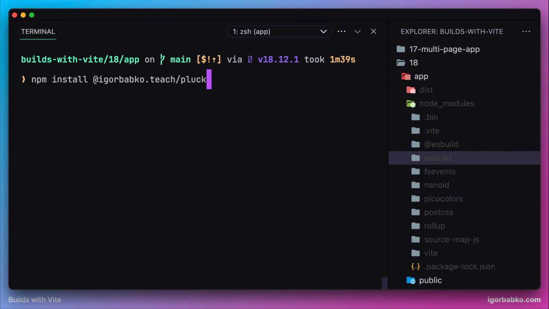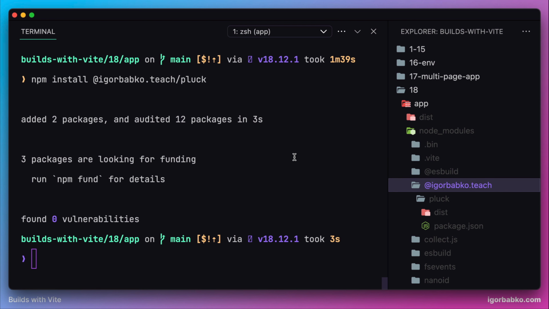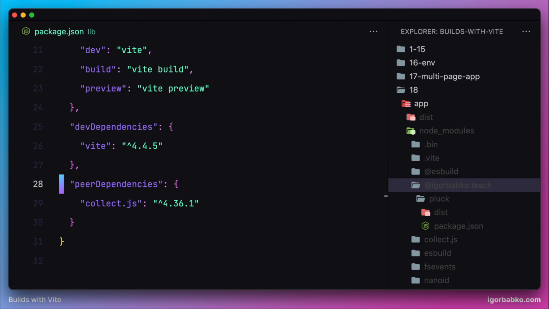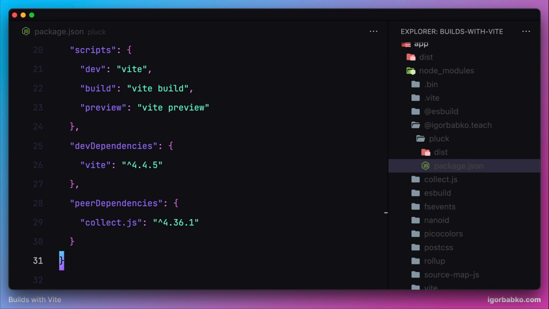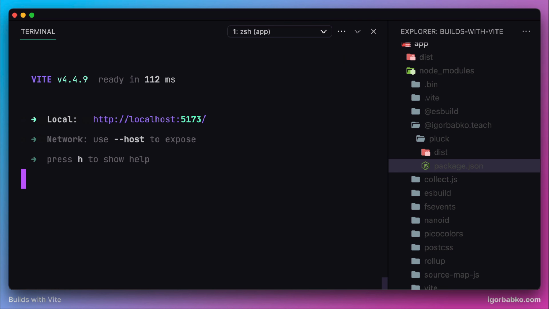So what actually happened this time is this: besides installing our library, we can see that inside the node_modules folder there is a collect.js folder, which means the dependency collect.js was automatically installed along with our package. And the reason it was installed automatically is because we have previously specified this dependency under the peerDependencies key inside our library. So from now on, when any client application installs our library, the dependency collect.js will be automatically installed. And finally, if we run the development server inside our client application, eventually it worked,